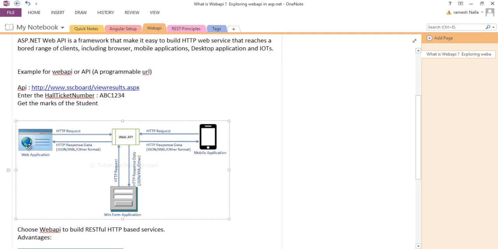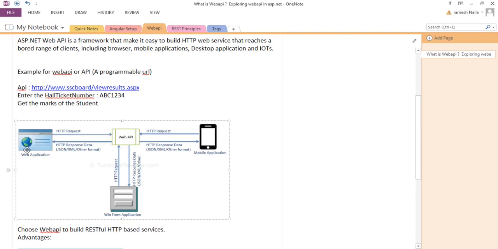The client sends a request to the web API, and it will provide the response to the client. This web API, or web service, is available and running on a server. Let's assume this API service is already created and running on a server.